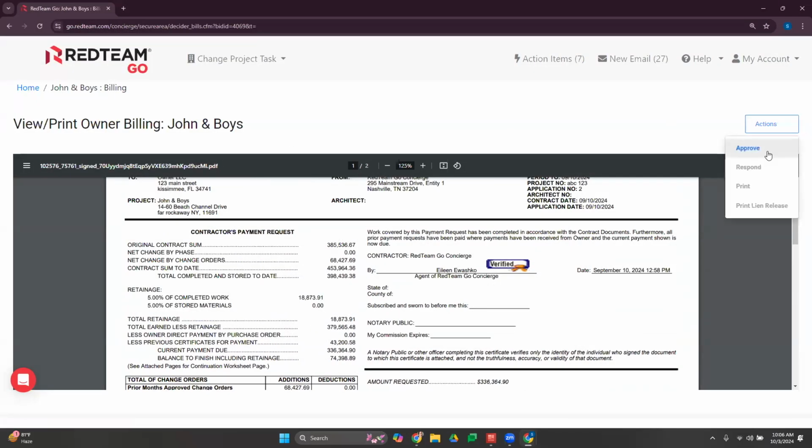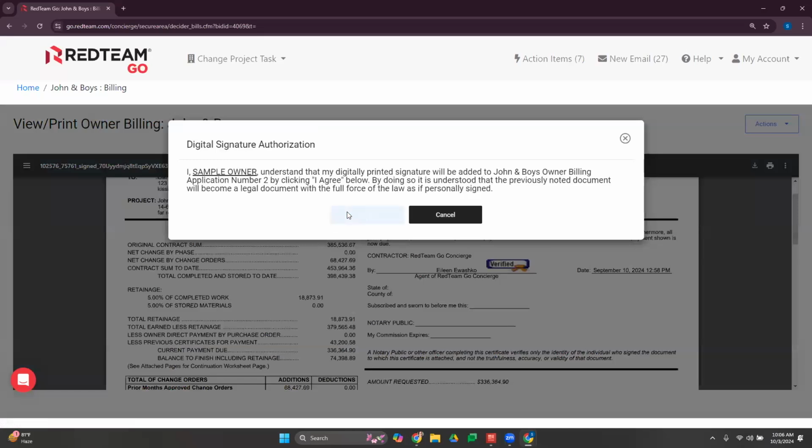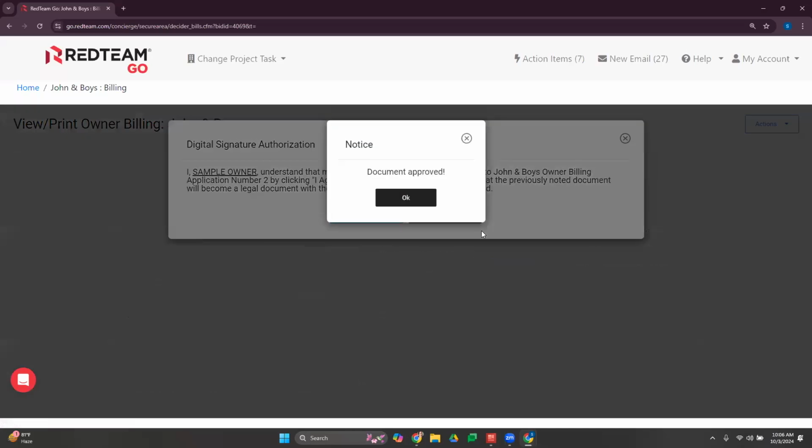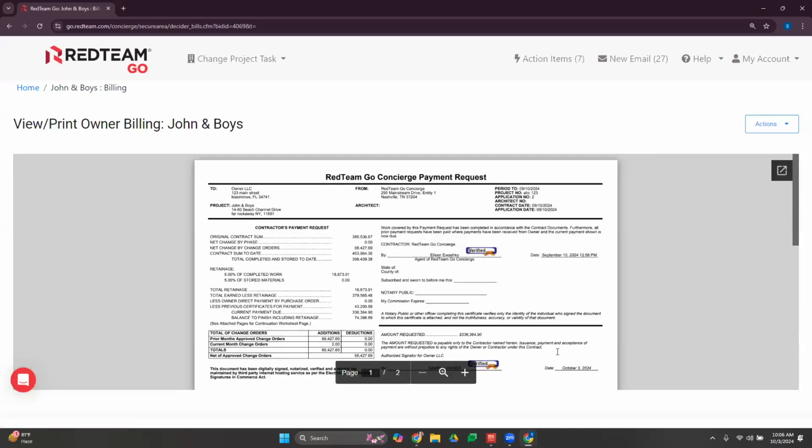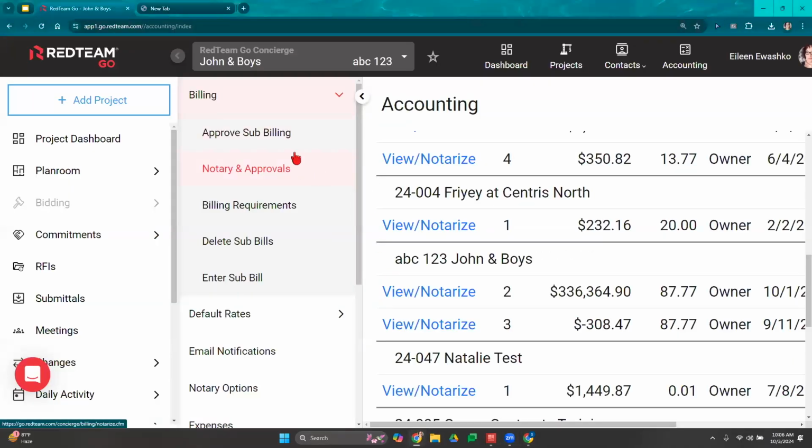So all my owner will do is select approve. I agree. And now that owner pay app has been approved. Okay. So when I do receive payment from the owner on this pay app, if I'm using a QuickBooks integration,